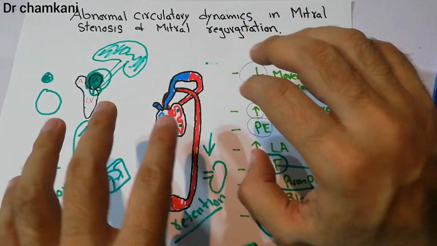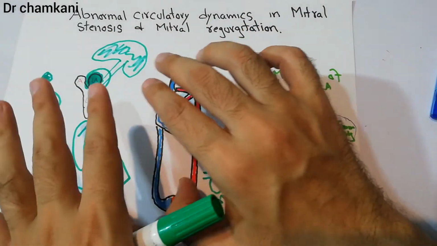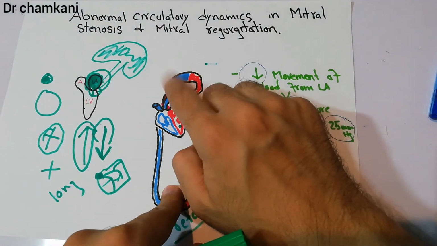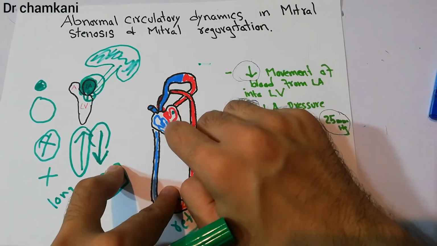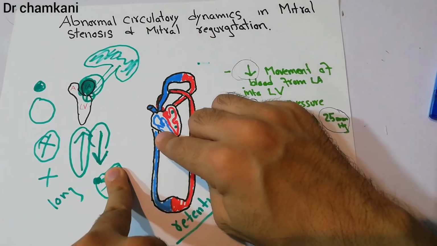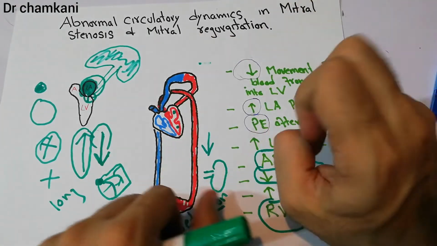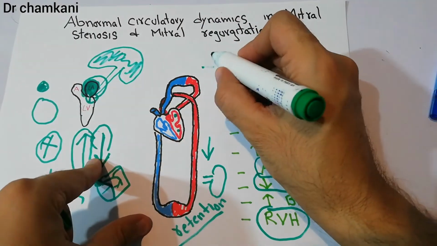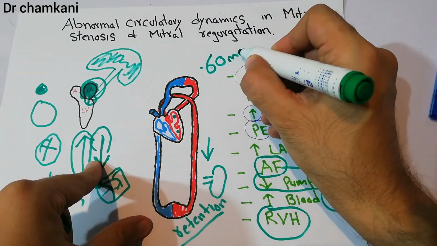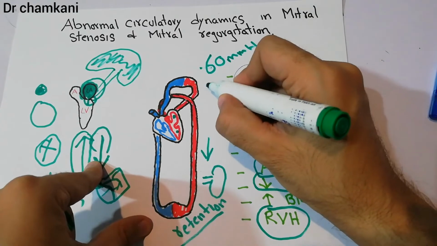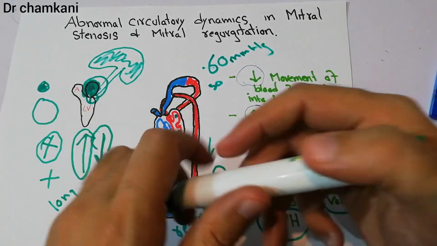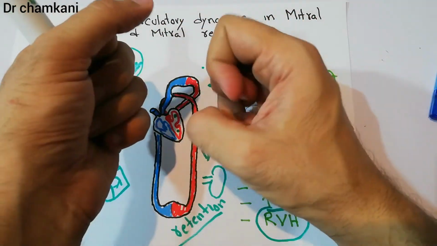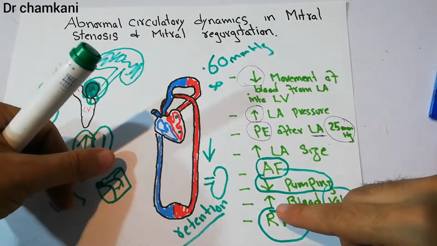And when these compensatory changes cannot correct these abnormalities, it ultimately leads to so much high pressure in the lungs that this pressure now comes back on the right ventricle. Now the right ventricle also feels the pressure. Now the right ventricle also has to apply a lot of pressure. Now the pressure in the right ventricle can increase up to 60 mm of mercury, which normally is around 30. So the pressure in the right ventricle also increases. When the right ventricle pressure increases, the right ventricle muscle mass also starts increasing,